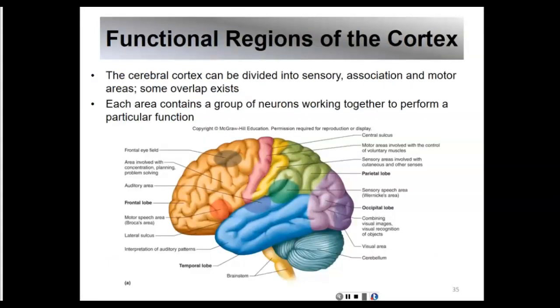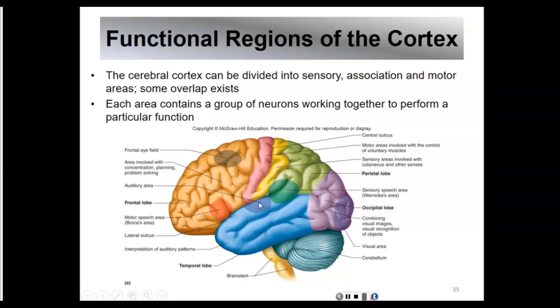Of this cortex, this outer layer, there are some functional regions. We can divide it into sensory, association, and motor, and some will overlap each other. Each area contains a group of neurons working together to perform a particular function. For instance, in the frontal lobe, you have this concentrated area for the frontal eye field. Down here is Broca's area, which is our motor speech area. Right here near your ear,